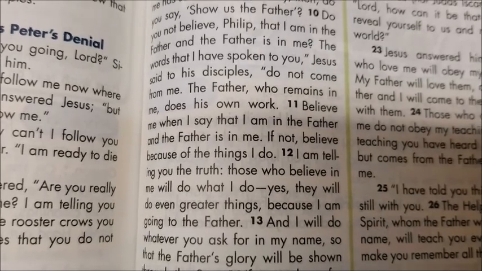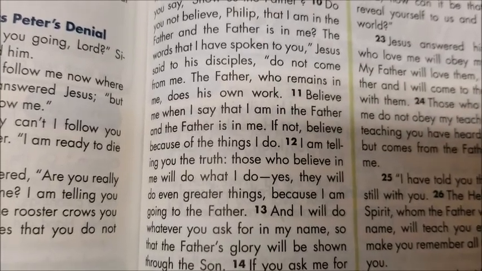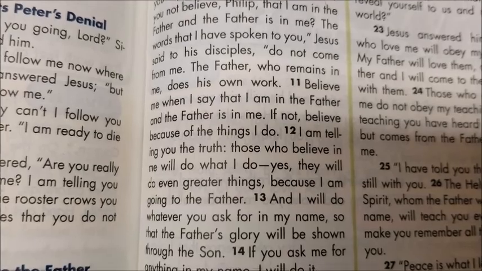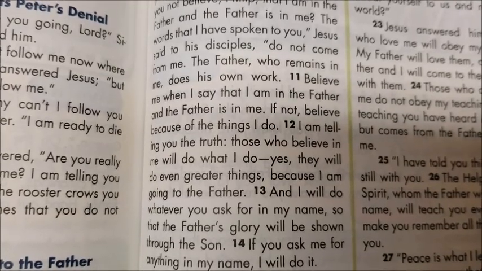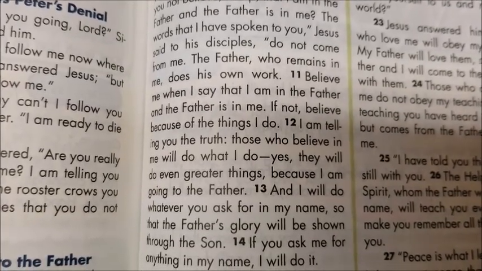Those who believe in me will do what I do. Yes, they will even greater things because